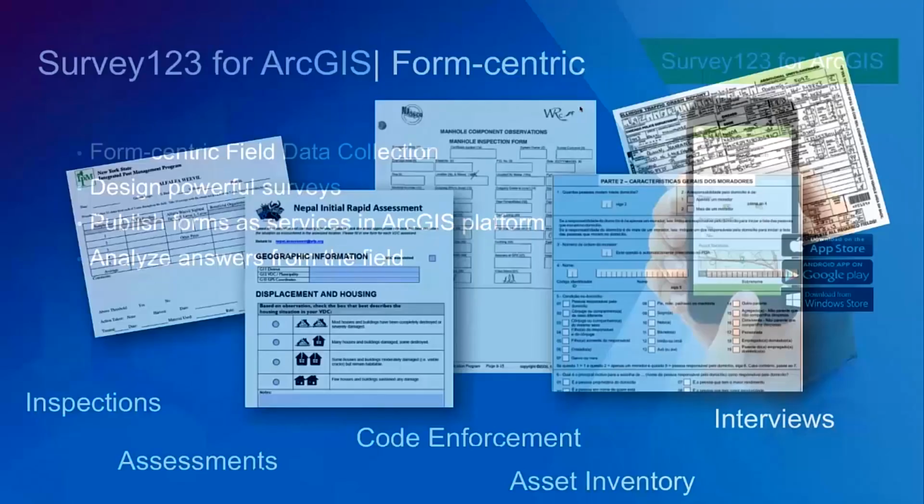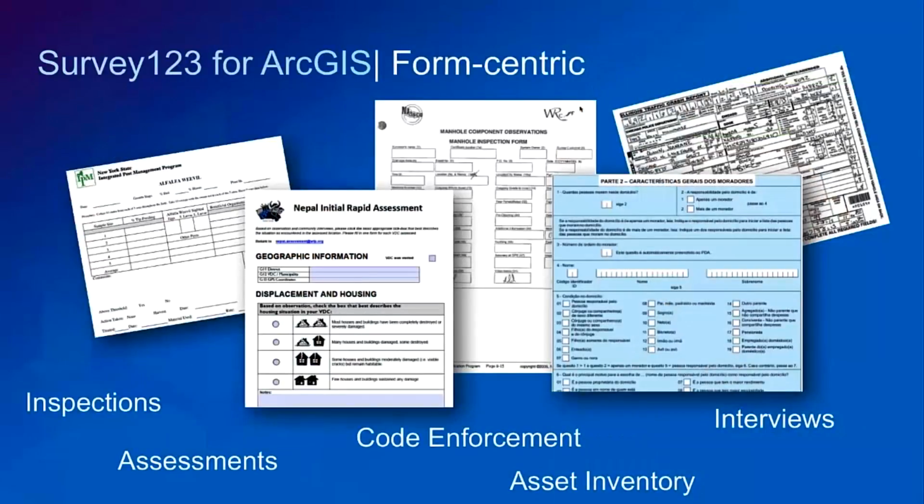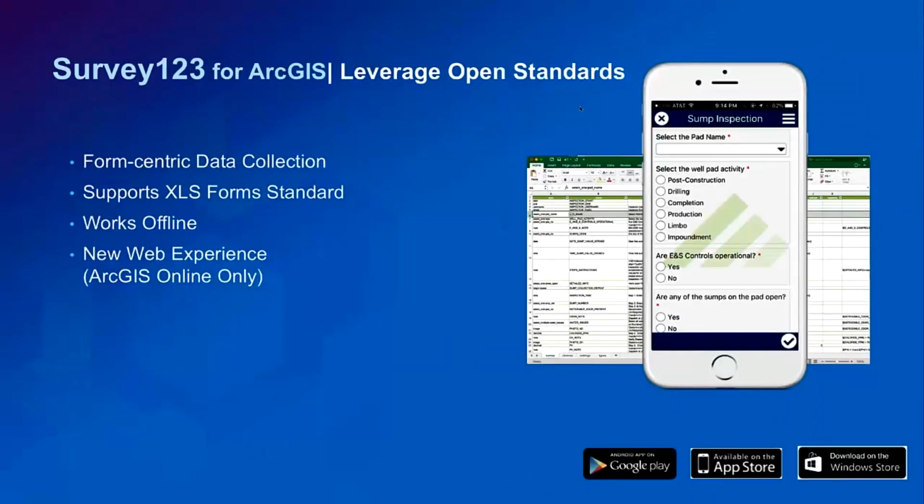So if you look at the forms that you might be interested in converting into a digital format for use on a mobile device today, they can be quite advanced. They could have skip logic within them. They could have multiple choice answers. They could be quite long and need to be grouped into sections, and they might require signatures or integration with barcode scanners. Survey 123 has that capability within it, and the way that we bring that capability to life is